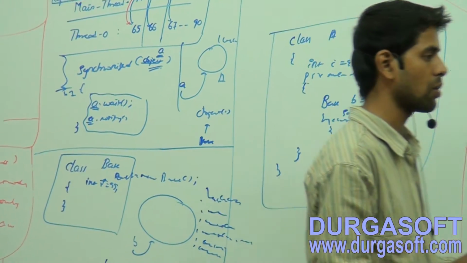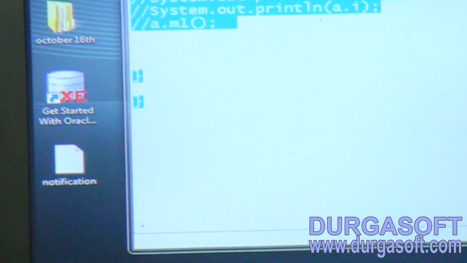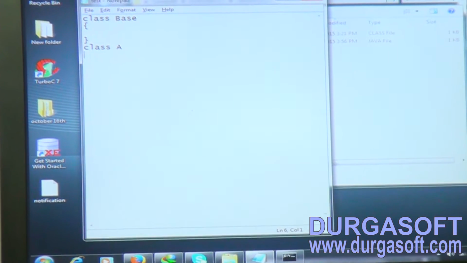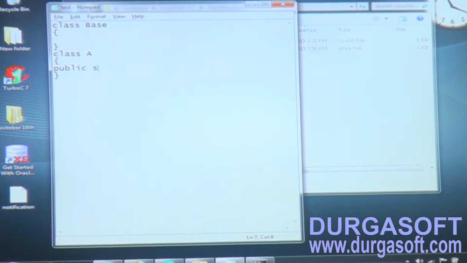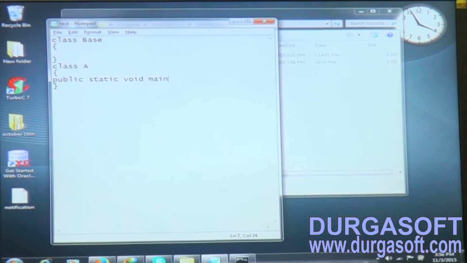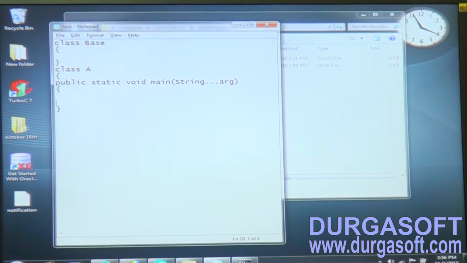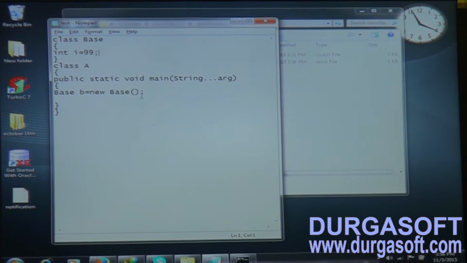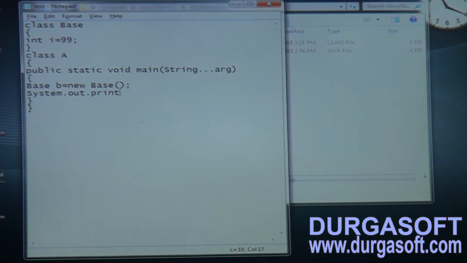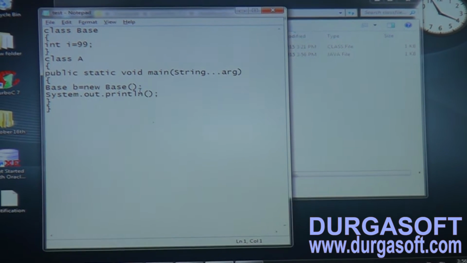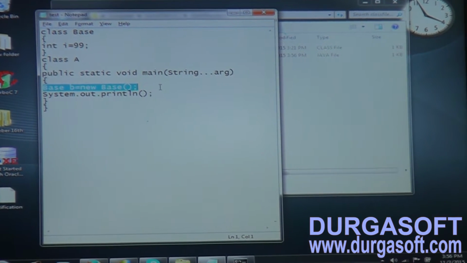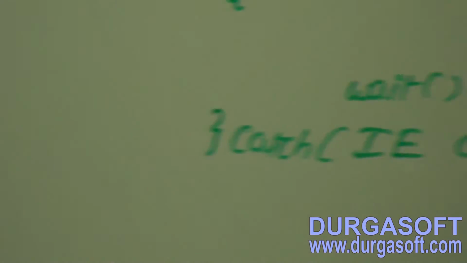Just observe, just a minute. Class Base. Another one is class A. Now take public static void main, String args. Now create a Base class object. Now observe here, take one int i equals to 999. Now how to access the i variable of the Base class? Observe this part here. Because of this statement, what happens in memory? The Base class object has been created with data as 999,